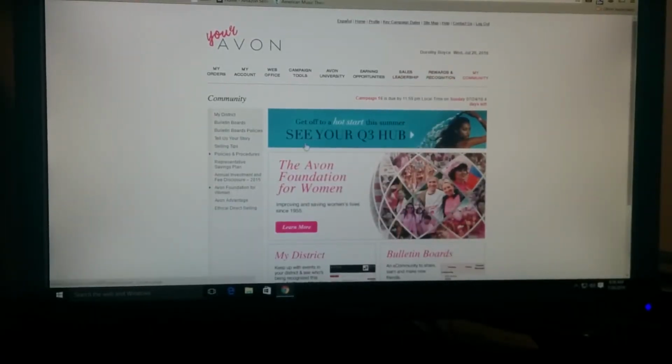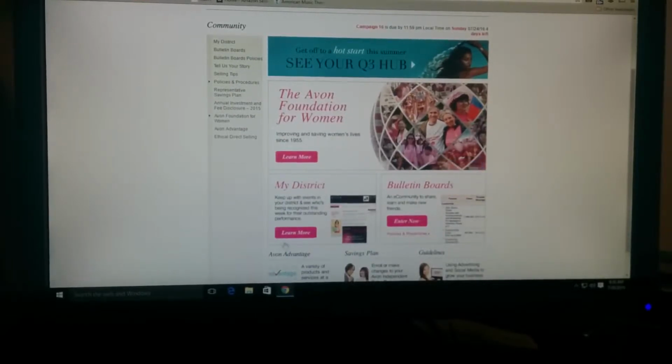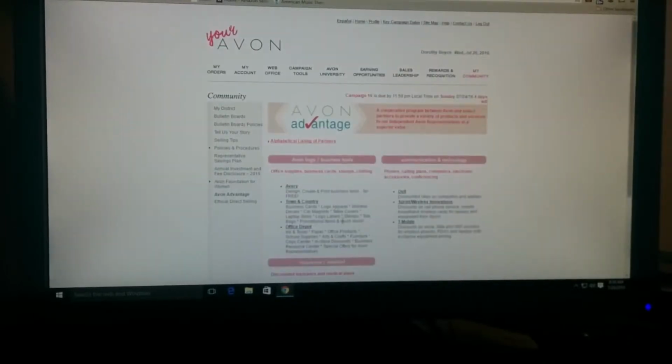And when you look down here, it has Avon Advantage, and you can either click it down here or on the side. So I want to go to Avon Advantage, and you'll see right here the top one is Avery. Now this is a free website provided by Avery, the label company. So the templates that they provide are going to work on their labels, but they'll also work on any compatible labels that you want to buy if you want to buy